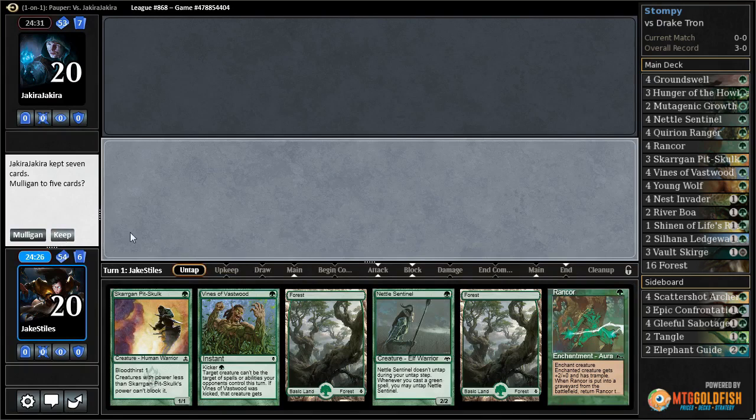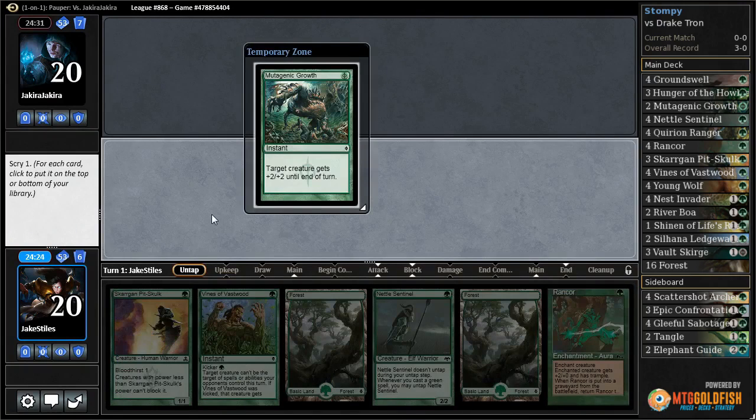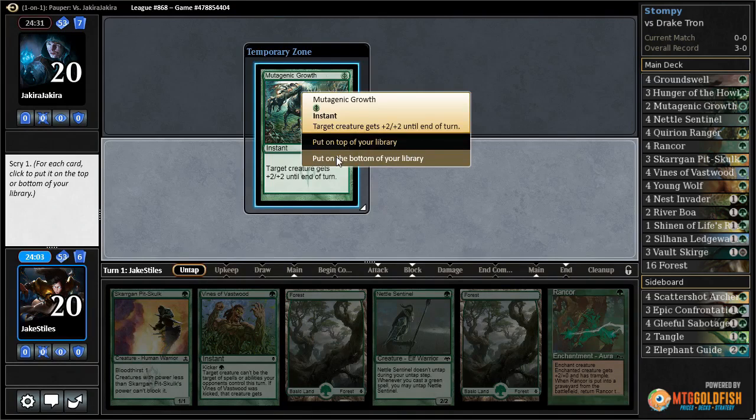Alright, I'm going to keep Mutagenic Growth. I don't think I want another pump spell right now. I'm going to go turn 1 Sentinel, turn 2 Rancor Pit Skulk. Mutagenic would be nice to protect the creatures from anything bad happening to them, but the worst thing to happen would be Nettle Sentinel gets removed on their turn 1 before I draw this anyway, because then the Pit Skulk